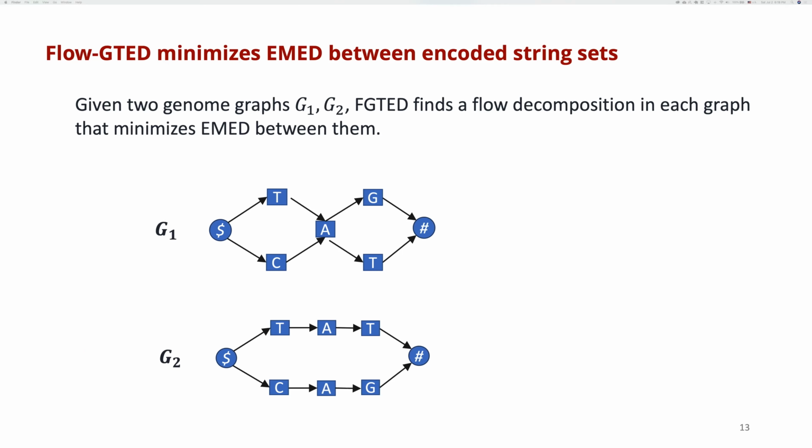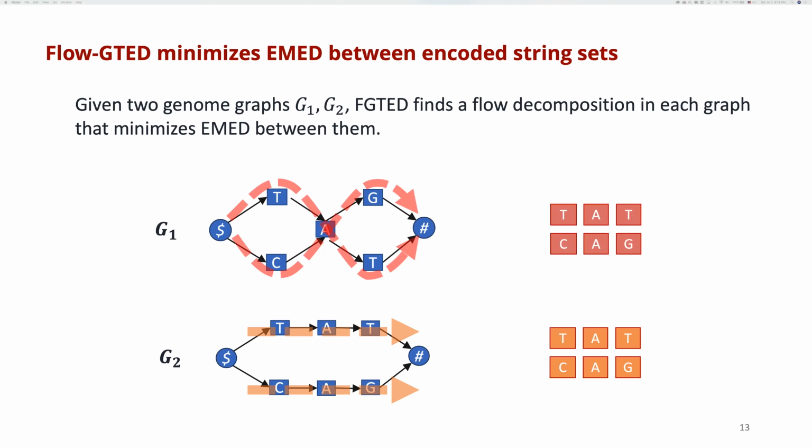To better understand this definition, let's first look at G2 over here. It is obvious that it has only one flow decomposition, as shown in orange. And then according to the definition of FGTED, it will find the red decomposition instead of the gray one that we saw earlier, because now both red and orange decompositions spell out the same string set,